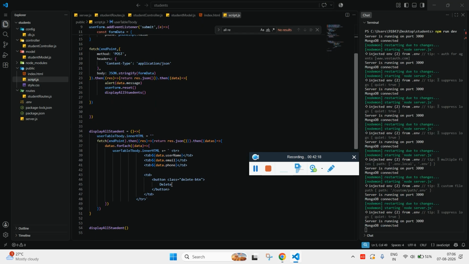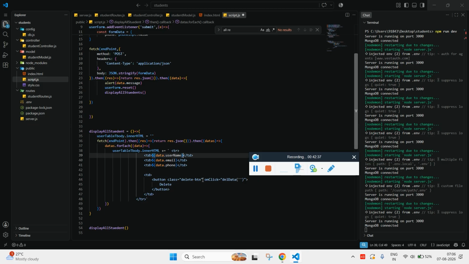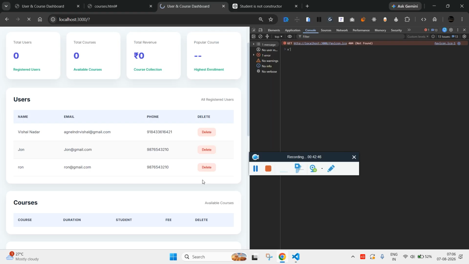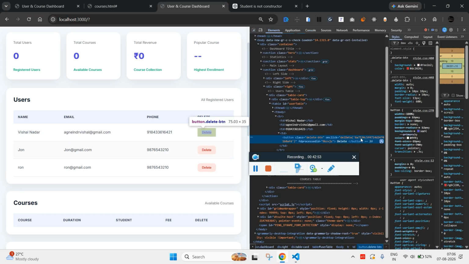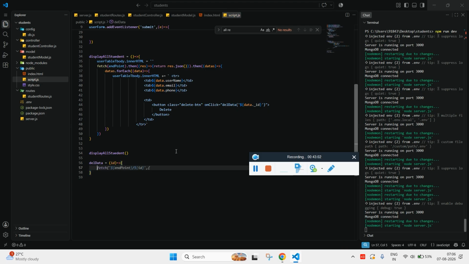Now in the button, what we can do is we'll just create an onclick event, and it will have deleteData, and we need to pass the id, because each object will have a unique id, and we can access it with the help of _id. Now if I refresh it and check, the button has an id. Now when I click on this delete button, I need to pass the id to the server,